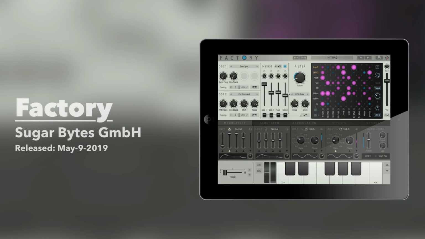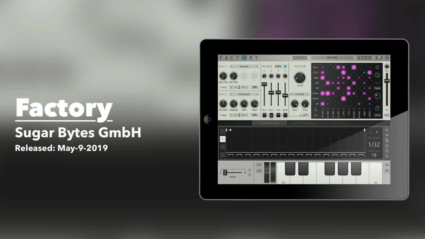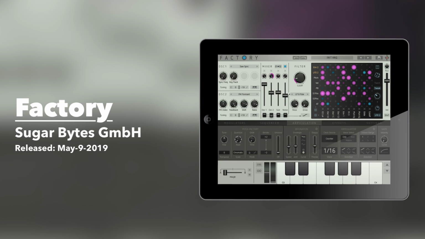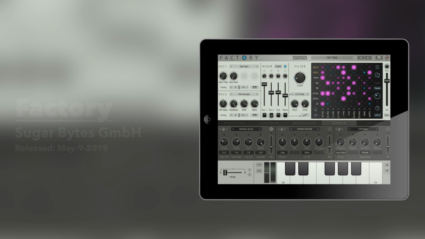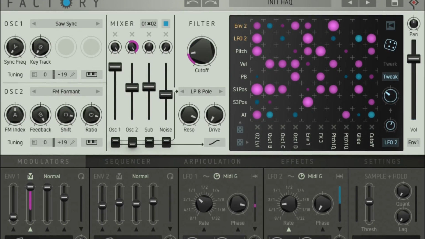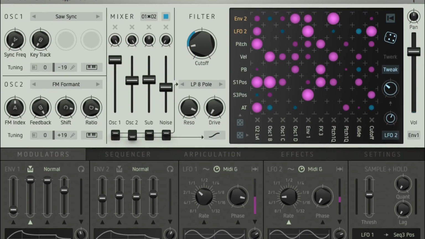Okay, so first up is Factory Modular Synthesizer by Bytes. It was released back in May 2019 and a lot of people seem to like this one, and I'm not surprised. It's really awesome. But before we get into what I actually like about this one, let's do